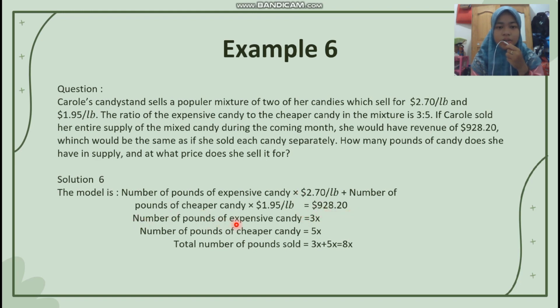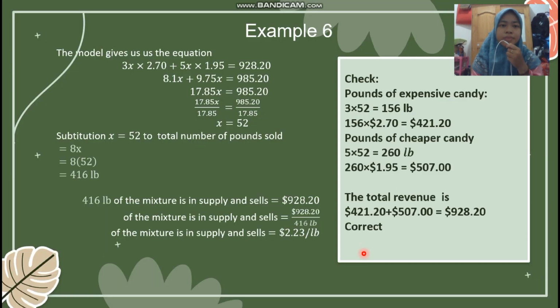Number of pounds of expensive candy is 3x, and number of pounds of cheaper candy is 5x. Total number of pounds sold is 3x plus 5x equals 8x. And the model gives us the equation: 3x times 2.70 plus 5x times 1.95 equals 928.20, and